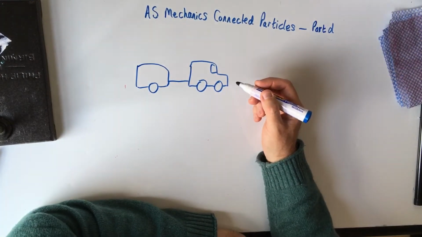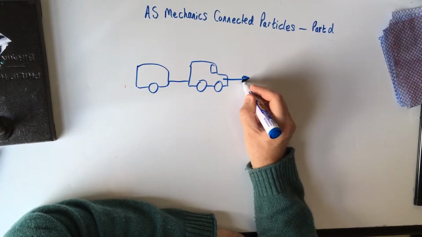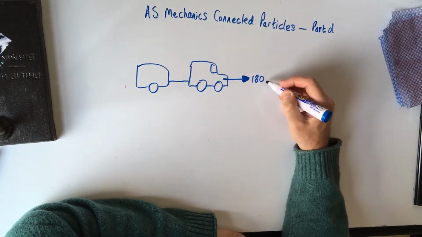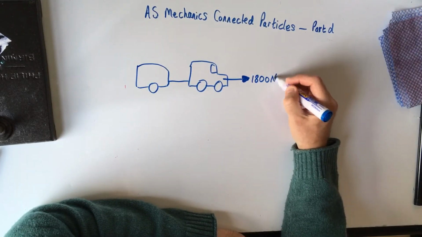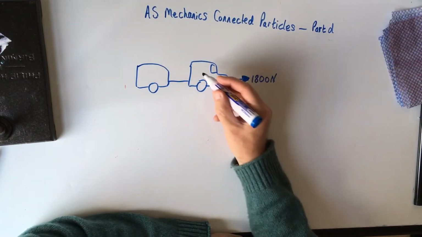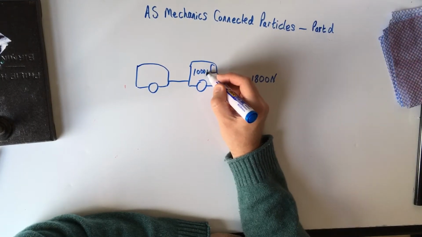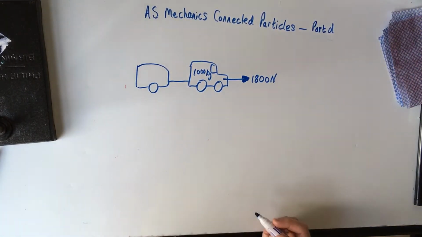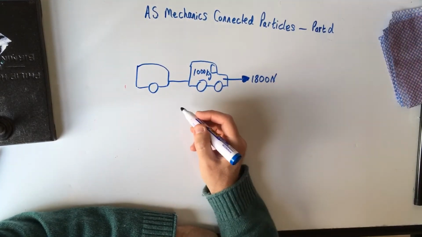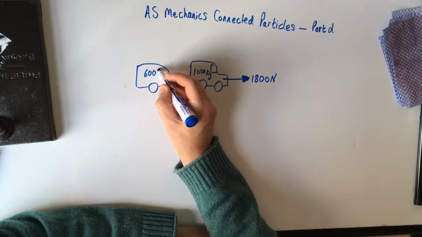And I'm going to put on an engine force. So the engine creates a force. Now in my example, my engine's going to create a force of 1,800 newtons. That could be about right for an engine of a car. The car, I'm going to say, weighs 1,000 kilograms. Again, if it's a big car, a hefty car, then that is feasible. Caravans and trailers don't contain engines, so they tend to be a lot lighter, and I'm going with 600 kilograms